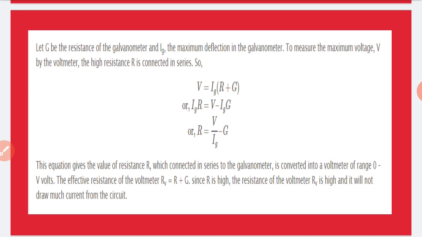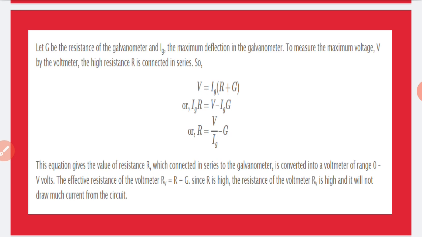To measure the maximum voltage V by the voltmeter, the high resistance R is connected in series, so V equals IR, so V equals Ig (R plus G), total resistance. From this, the value of R is obtained: R equals V by Ig minus G. This equation gives the value of resistance R which, connected in series to the galvanometer, converts it into a voltmeter